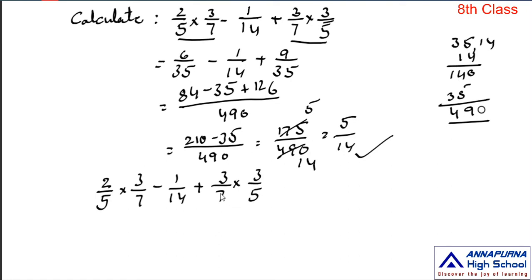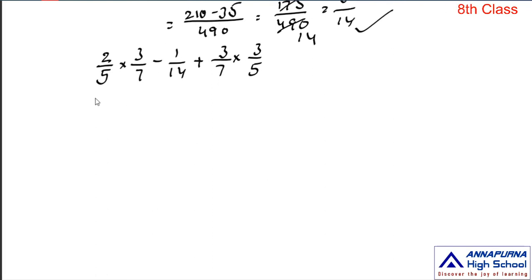In this expression, observe the first and the last terms. In these two terms, you have two factors, and one factor is common, that is 3 by 7. Here 3 by 7 is there, here 3 by 7 is there. So there is a possibility to apply the distributive property. But these two terms are not side by side. First, we arrange these two terms side by side, then we can apply the distributive property. To interchange the terms, which property do we apply? To interchange the terms, it is the commutative property.